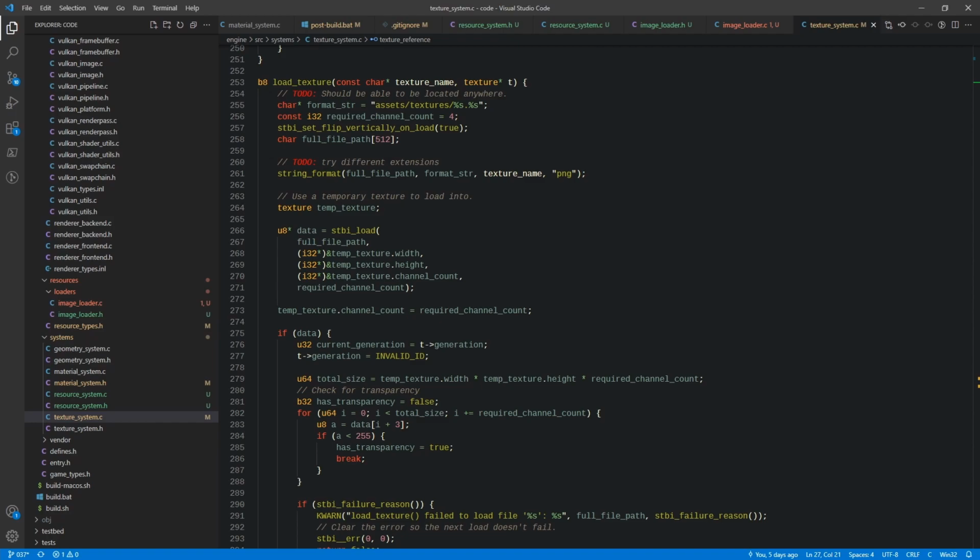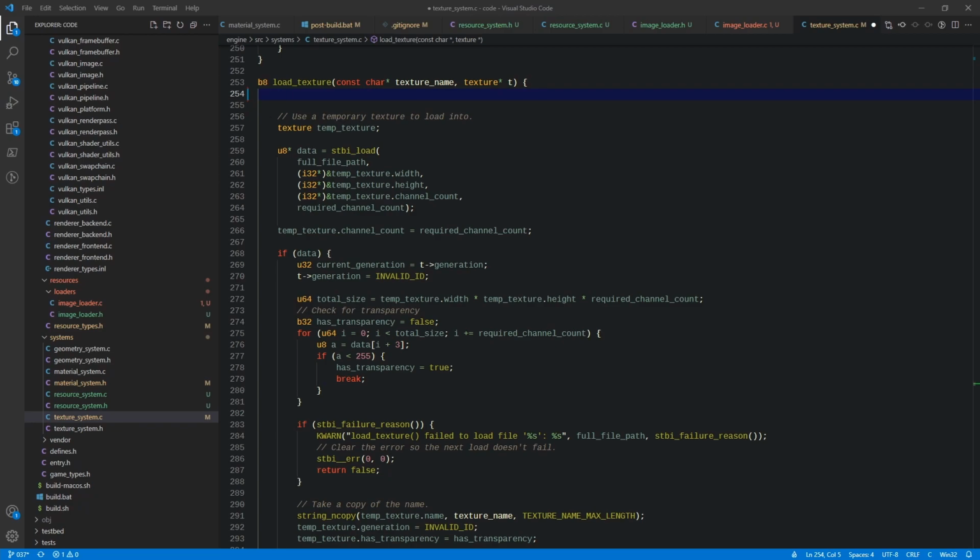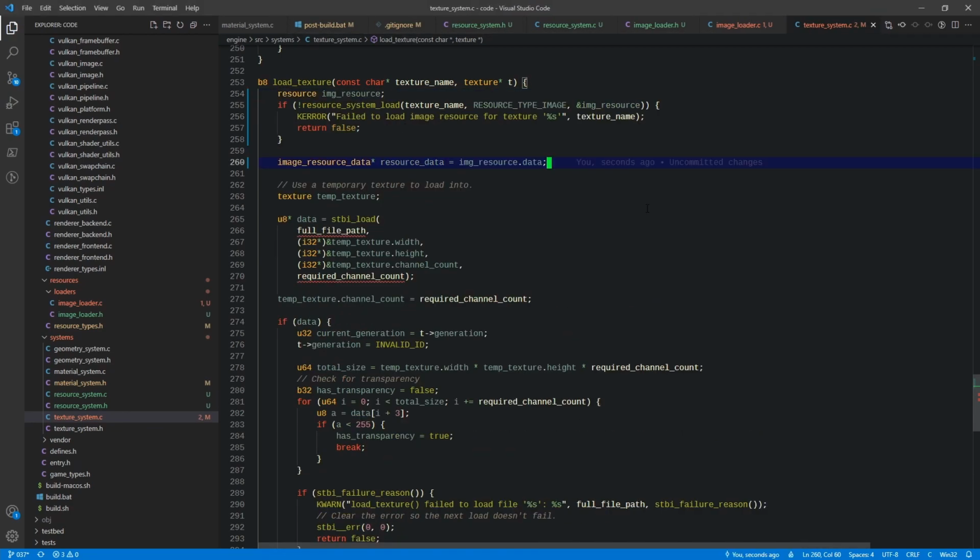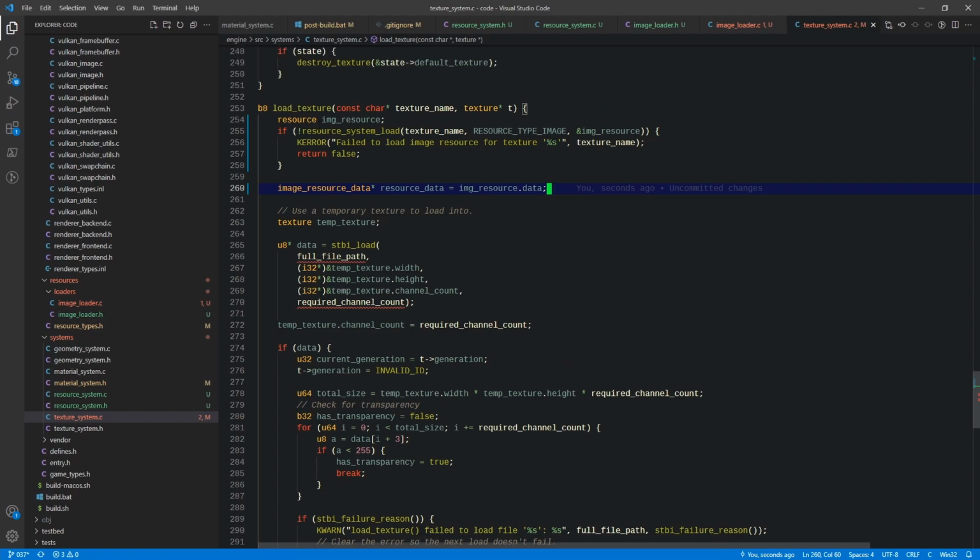So we're actually going to get rid of all of this and replace it instead with a call to our resource loader, right? So we call resource system load, pass the texture name, tell it we want an image, and then the address of our image resource. If that fails, we bail out and return false. Then we go ahead and cast the image resource.data to our image resource data type. Okay, and